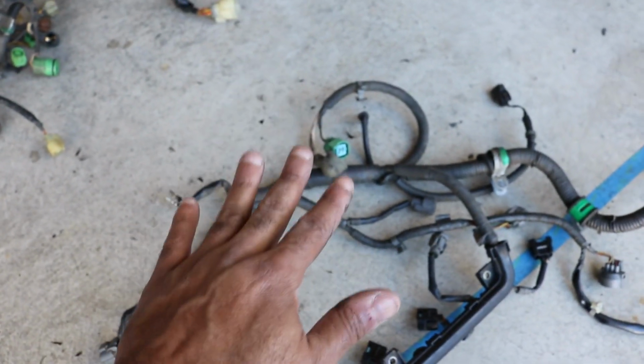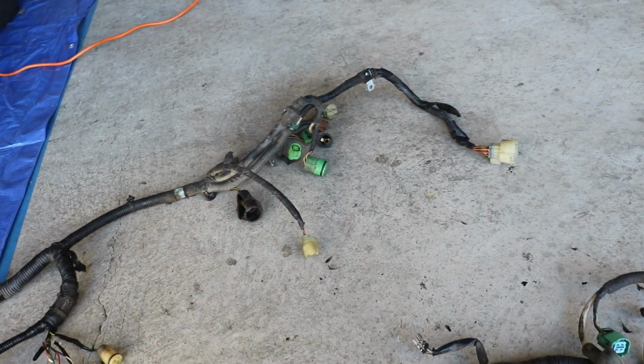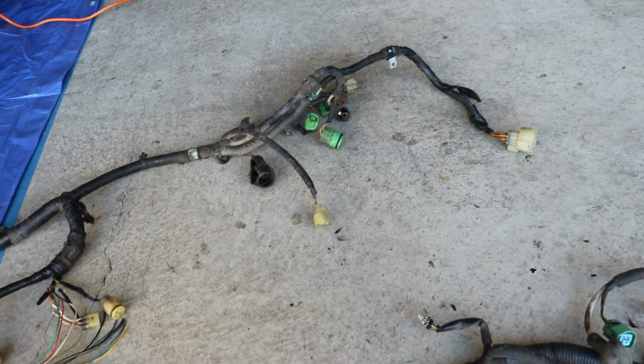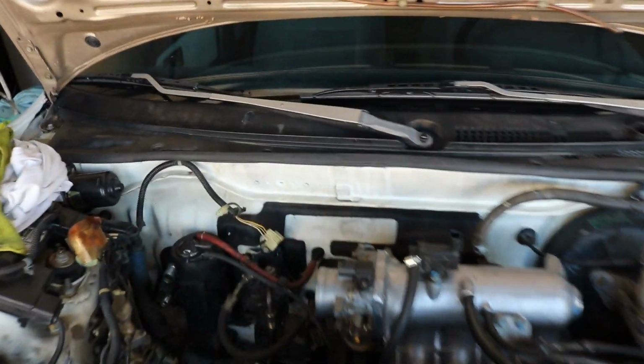So pretty much all I've been doing is cutting off the connectors I need from the donor harness and just splicing them onto my existing harness. And then I'll just have to extend a few wires out. I'm trying to think of the only other difference. Oh yeah, the other difference with this is